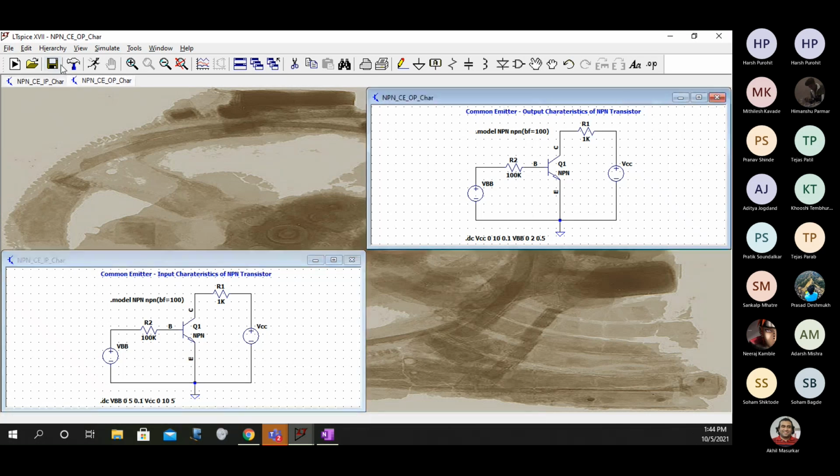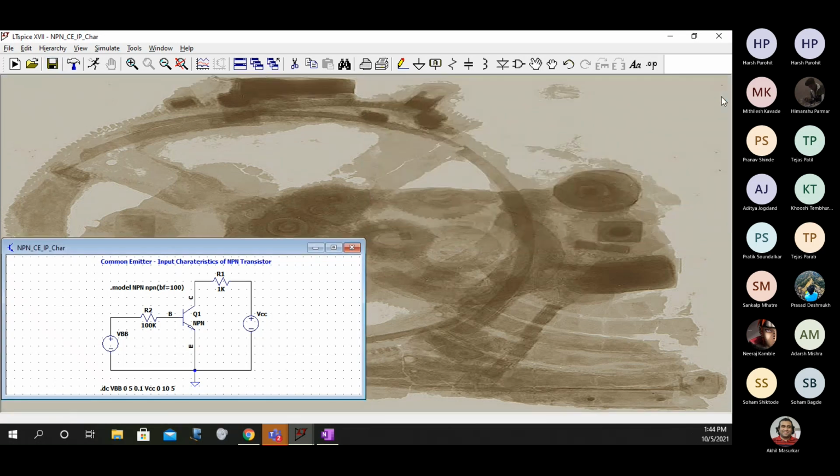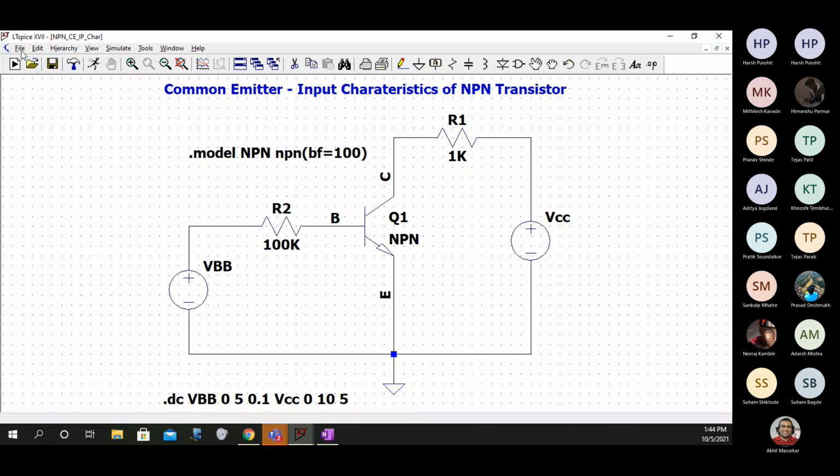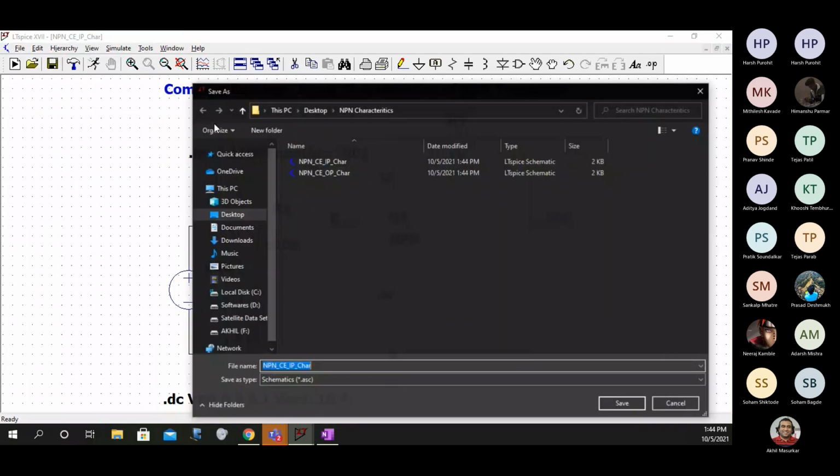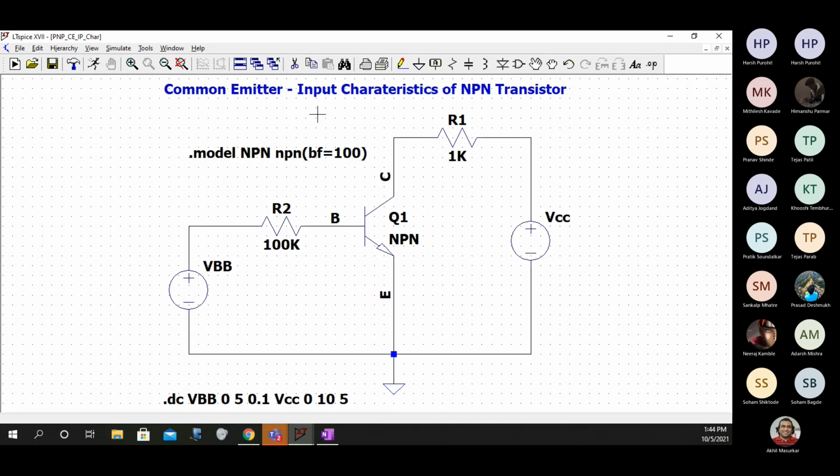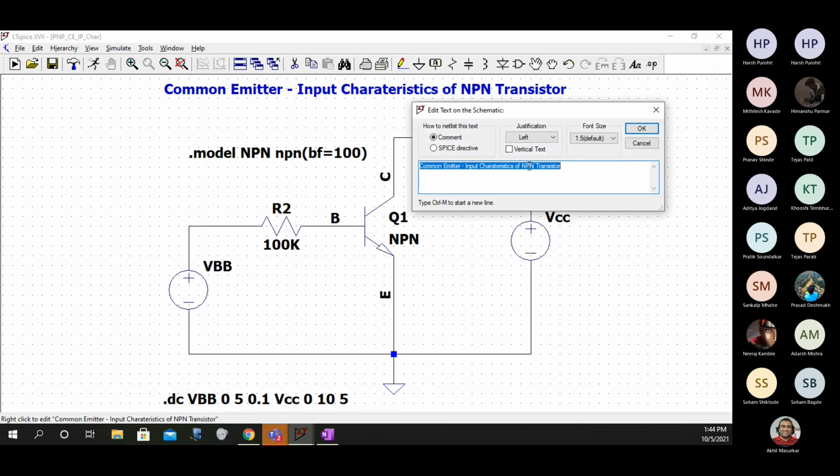For now, I will close the output characteristics. So I'll go here, file, save as. Instead of NPN, now we want a PNP, in common emitter only, and input characteristics. So I'll save this. Then again I'll go to a PNP.